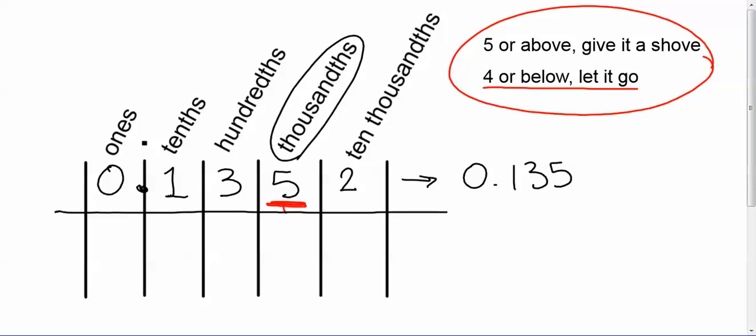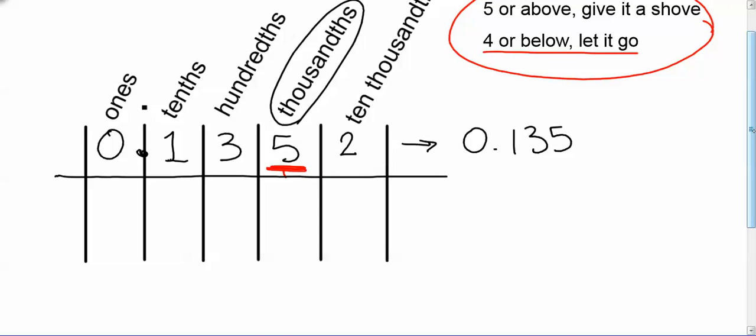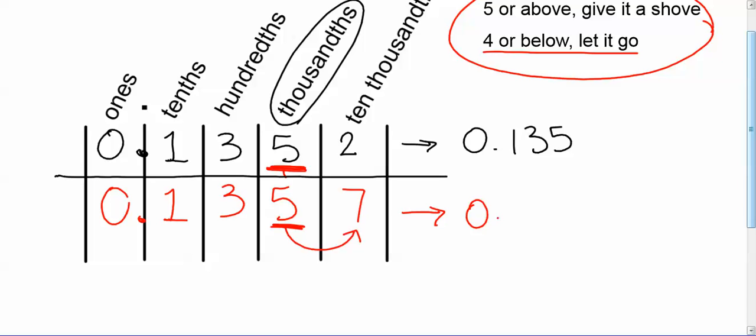Example 2, let me scroll up a bit. All right, so one that you would round up on, let's say we had this same basic number, except we have a 7 in the 10,000ths spot. So again, we're rounding to see if we need to make this 5 a 6, or if we need to just leave it as a 5 and drop everything else behind it. So we're looking to see if we need to change this. We're going to do that by looking at the spot behind it, the 10,000ths place, the 4th spot over. That's 5 or above, so that is strong enough to bump this up to 136